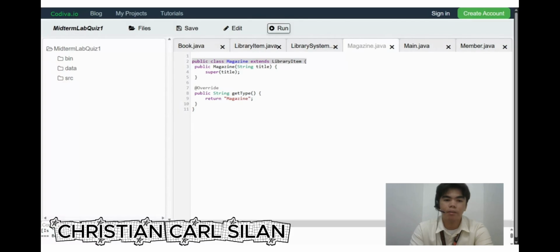It tells Java a Magazine is a specific type of LibraryItem, so it can give it all the variables and methods that a LibraryItem has.